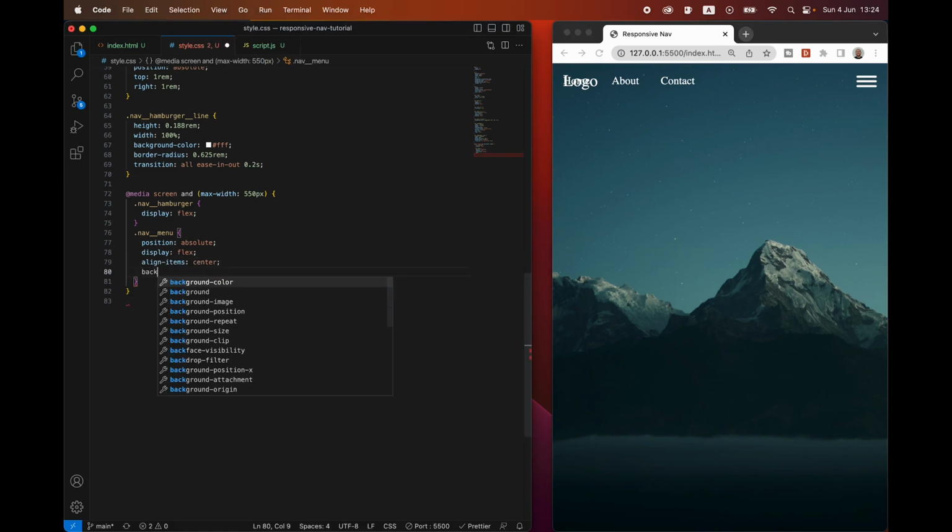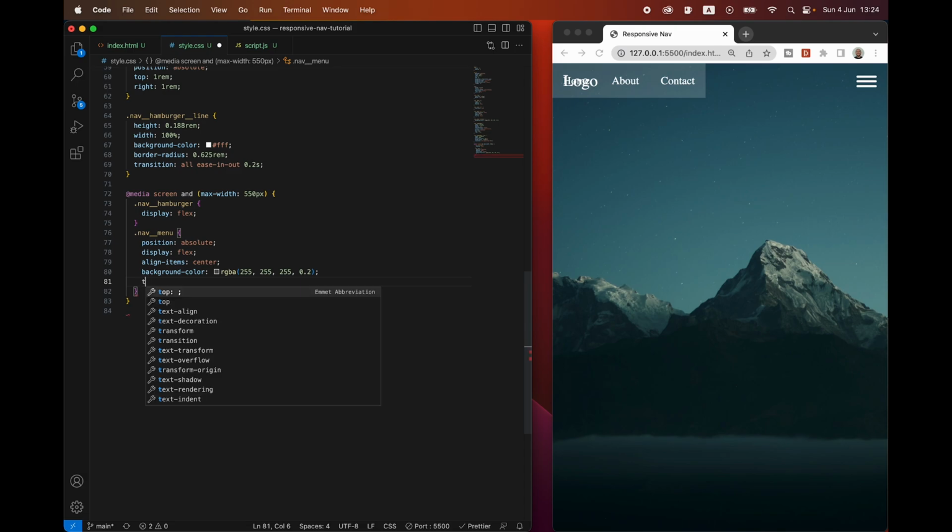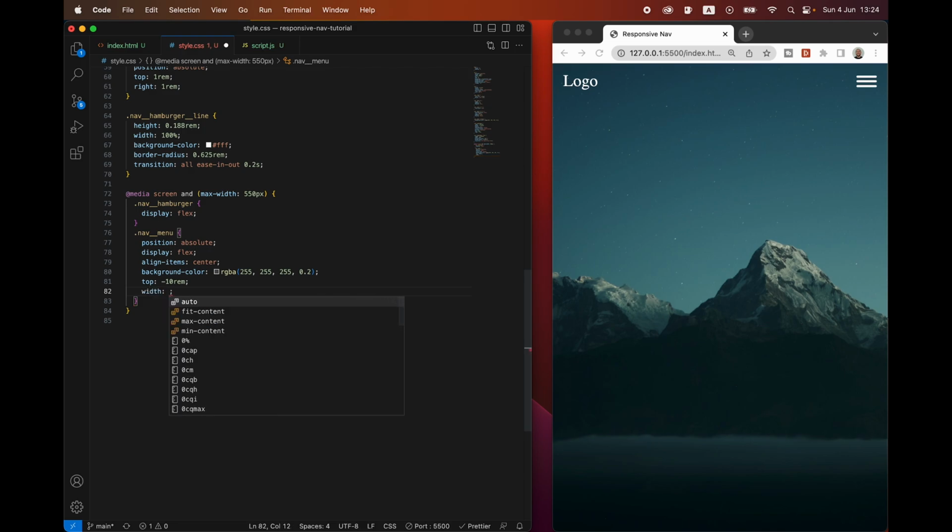We're going to give them a background color, RGBA, and it's going to have 0.2. We're also going to move them by default out of the screen, because to have our transition effect, they actually are above the screen. And then when we click the hamburger menu, they're going to move in within the screen. And then we click it out again, and they're going to go back to outside of the screen border. So we're going to shove them -10 rem from the top, and we're going to give them a width of